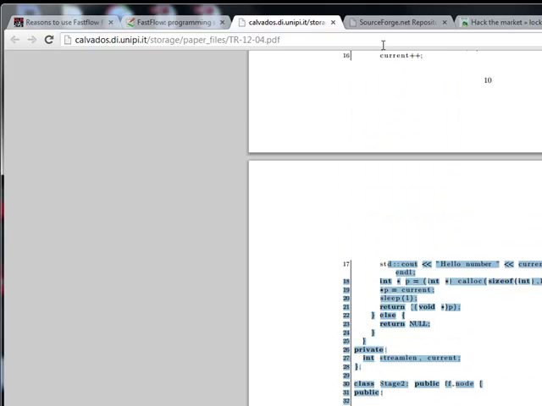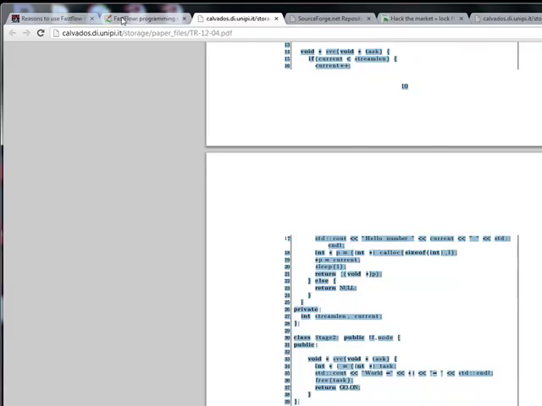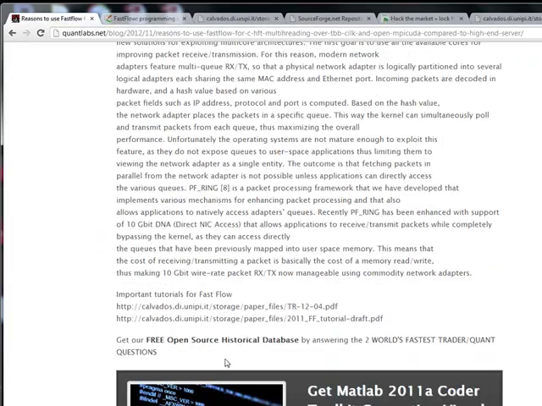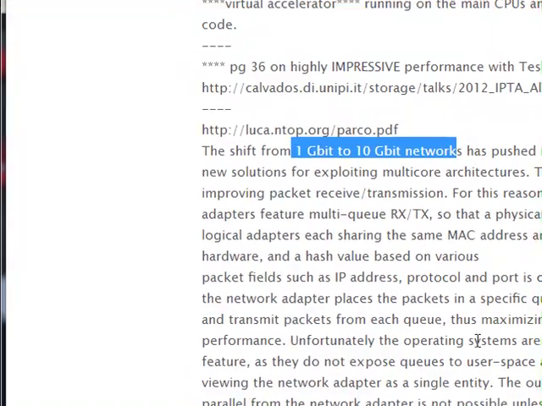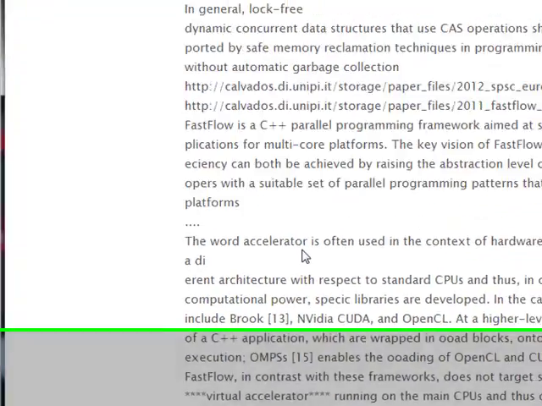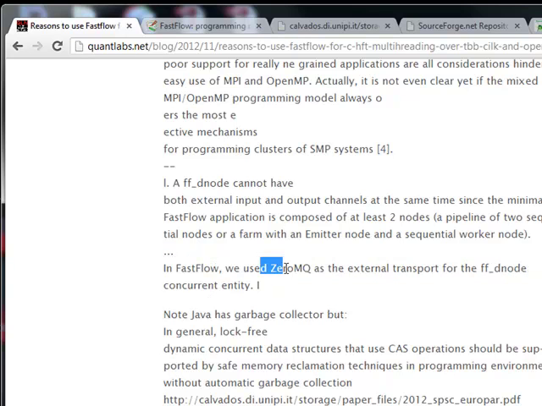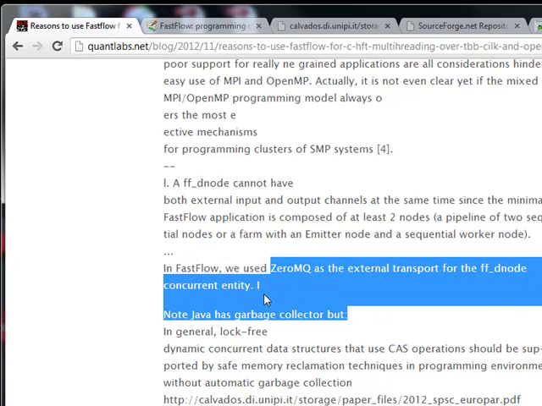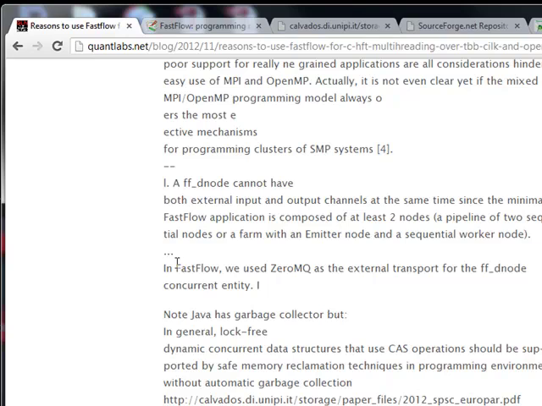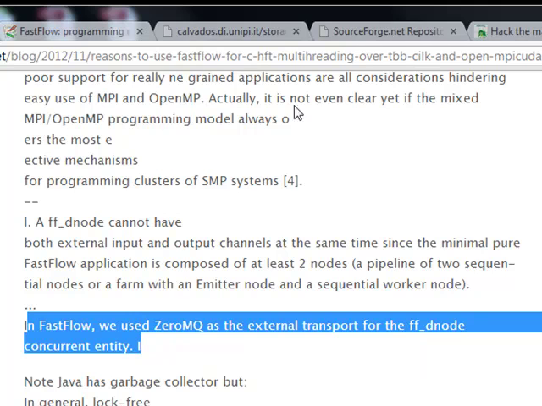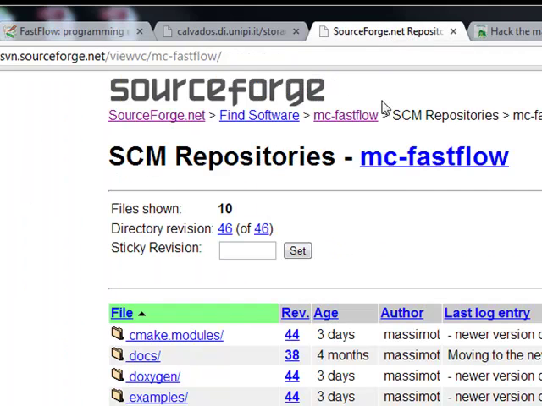Okay, what's going to happen is if you come back to my document here, if you know me for a while, you may know about something called 0MQ. That's right here. 0MQ is a really neat message queuing library done in C. The nice thing is that Fastflow is actually building upon it and utilizing it. So you don't need to worry about 0MQ. If you're going to use Fastflow, 0MQ is part of it, which is really good. It's a really good library, 0MQ. Back to our